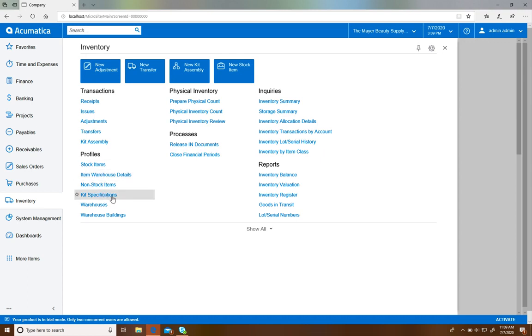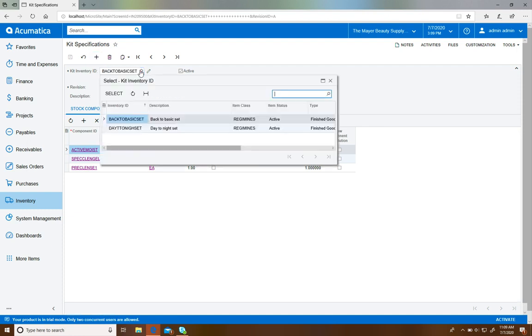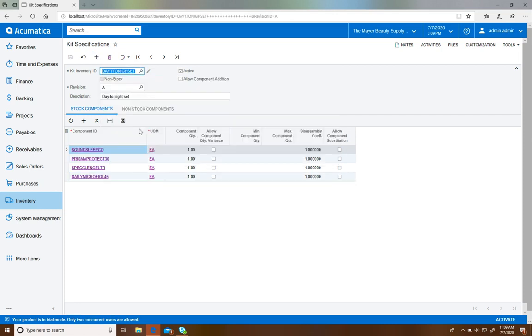So we're going to navigate first to our kit specifications form, and this is where we're going to create or modify any of the kits we have in our system. So looking at this screen first, we see our different components in this table at the bottom. So a kit is essentially an item that is made up of multiple components, and those could be stock components or non-stock. So here, if you ever want to create a new kit, we can always use our Add New Record button at the top,